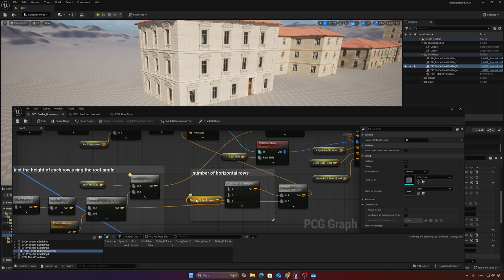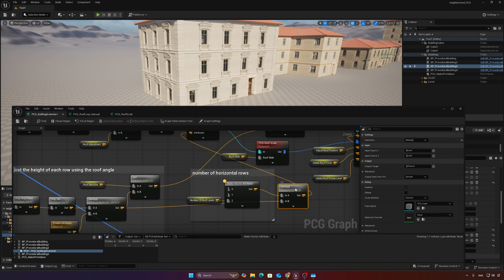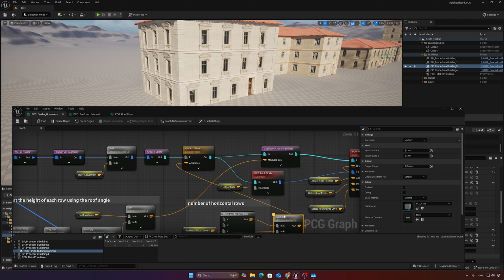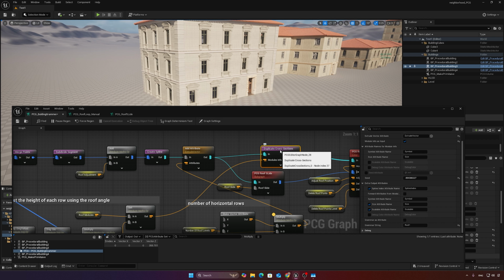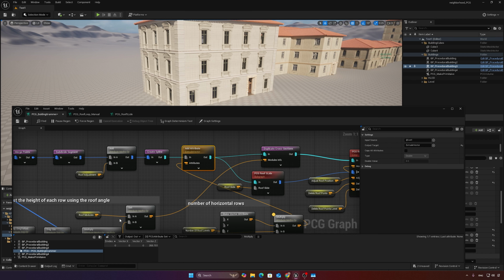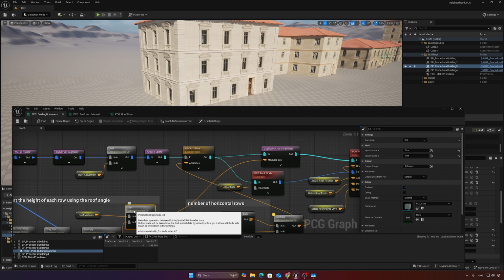And this vector is coming from the number of roof levels, and that's basically how many rows of roof we need, and we're going to multiply it by the vertical spacing, and that's going to tell us how high the roof needs to be, and that's going to go into the extrude vector, which also will be an input for the duplicate cross section. And now the duplicate cross section will make multiple splines depending on the extrude vector, the roof modules, and the size of the modules,